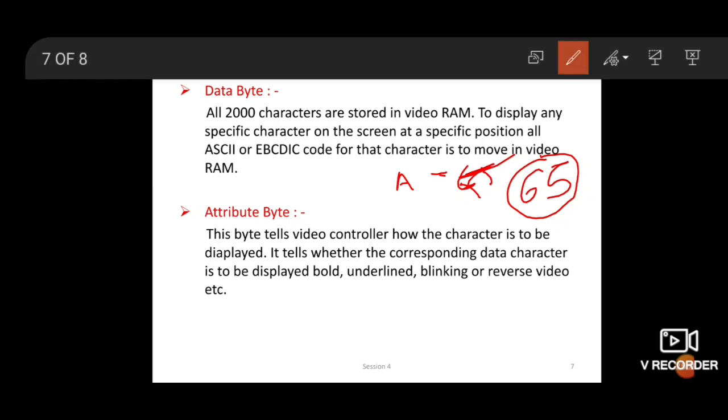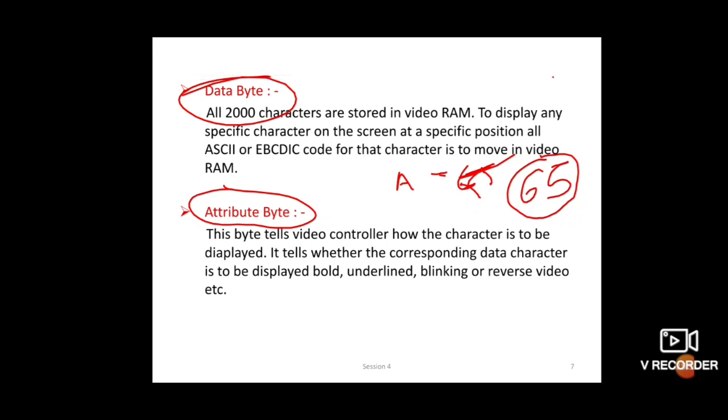When we club both data byte and attribute byte, then it will be displayed on screen. Okay, student? In data byte the binary number is stored and in attribute byte the features are stored. This is the difference between data byte and attribute byte.